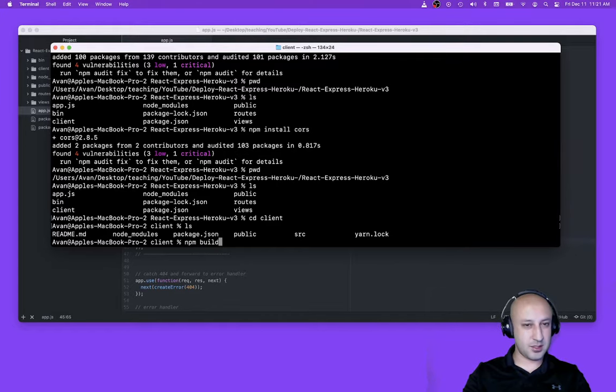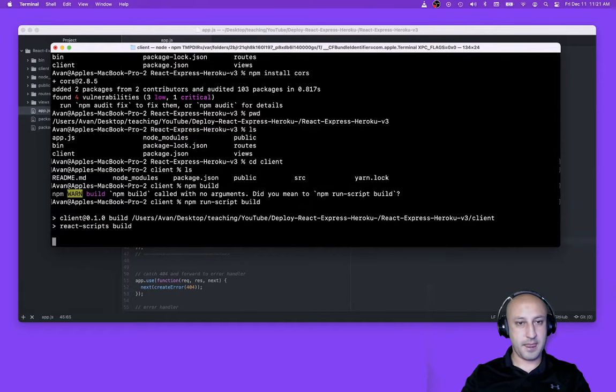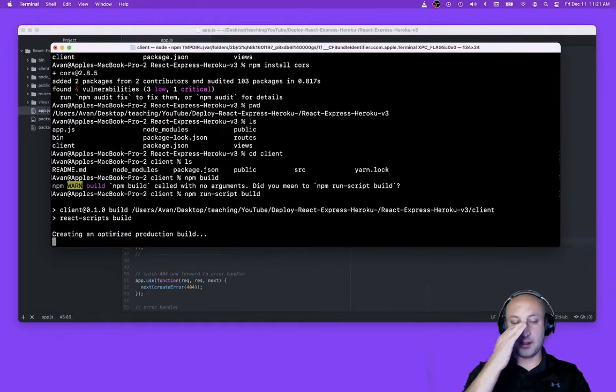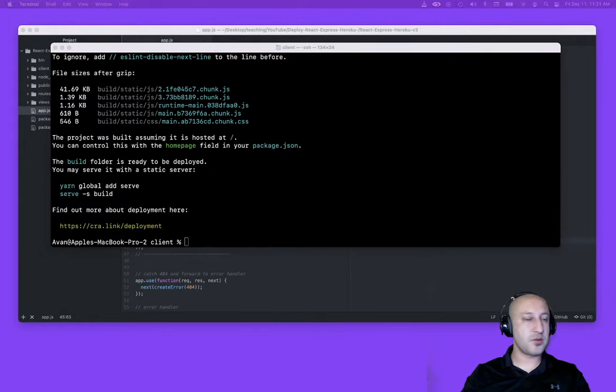And I think I got the script wrong. Usually if you got it wrong, if you did npm build, it'll give you the correct script. So I'm just going to, there it is. npm run script build, that is. Okay, I hope I'm not forgetting anything. I think we're pretty much ready, or we are ready to